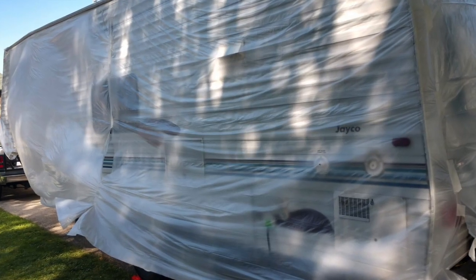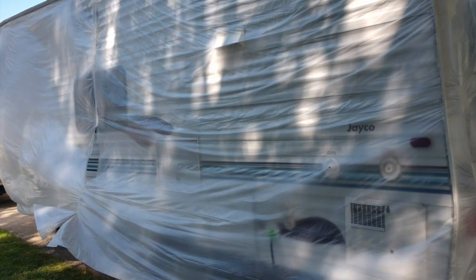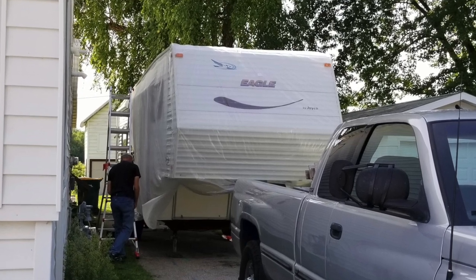In the meantime, Gary was putting a new roof on our house. Well, maybe not new roof, but a new topping on the roof that's already there. So I'll let him tell you about that. First thing that had to be done was we had to wrap our house in plastic. It took quite a while to wrap it all up, tape things down so that it wouldn't have any leaks